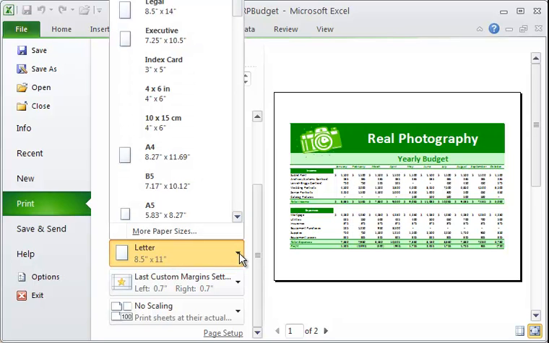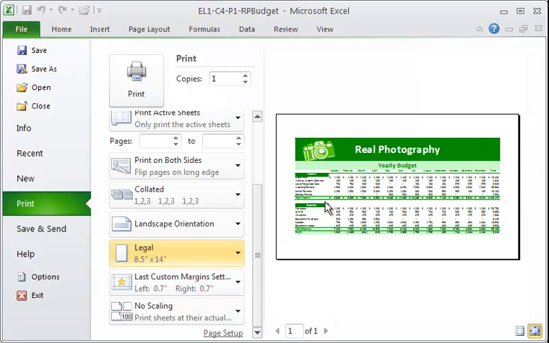But we can change that to legal. So I'm going to click on the legal option, and that certainly fits all the text on one page. Now, obviously, there may be times when you're not going to have legal size paper that's going to work, but it's an option, and they just wanted to show you how to do that. So we're going to leave it like that for right now,